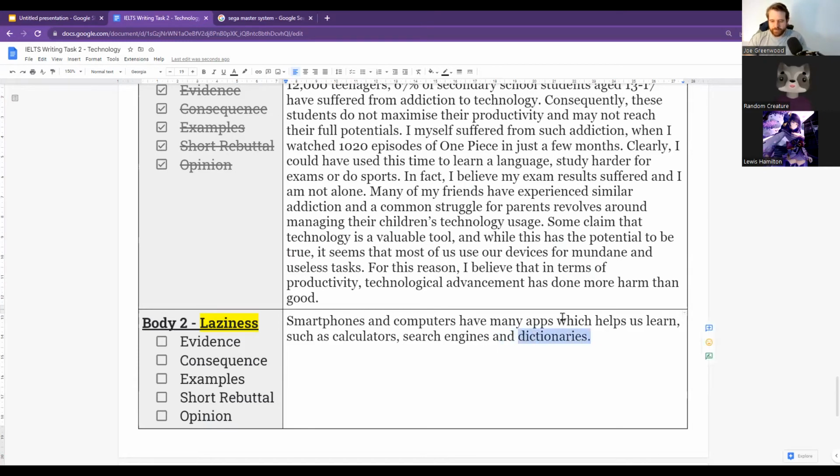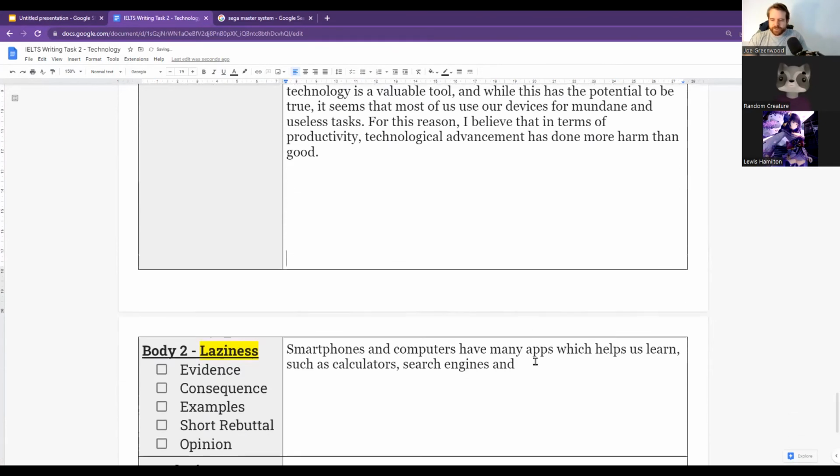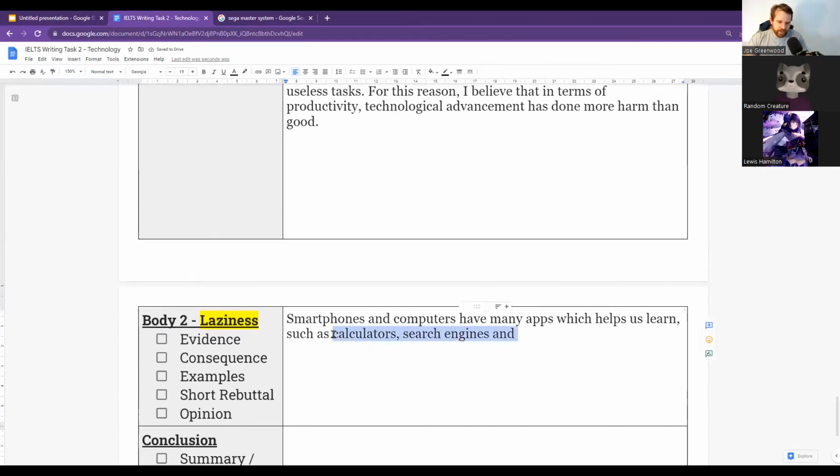Dictionary isn't bad. Yeah, true. We use dictionaries at school. True. So what's another thing that could lead to something bad? Make us lazy, because I want to use 3, the rule of 3. If you use 3 things in a sentence, it sounds better than 2. So calculators, search engines, and let's say which help us,